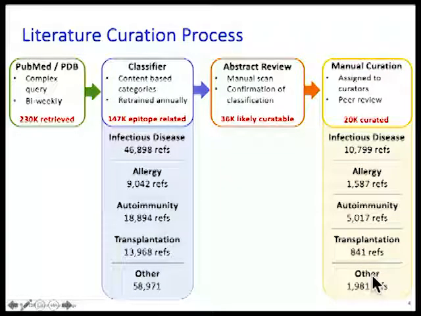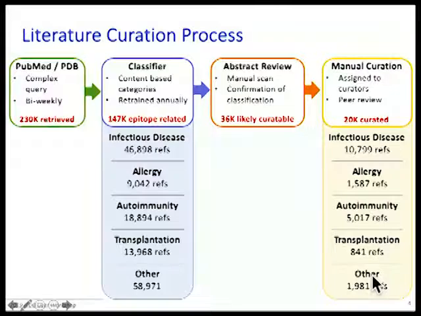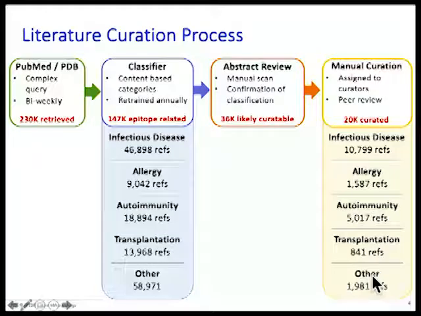Nima showed the top part of this graph before, of where we get the data. It comes primarily from PubMed. We go back to PubMed every 2 weeks and do a query, and we get all the data and run it through the classifier, and then it's manually reviewed by Alex, as Nima mentioned. And then of the 230,000 papers that we retrieved this way, approximately only 20,000 so far have been deemed curatable,